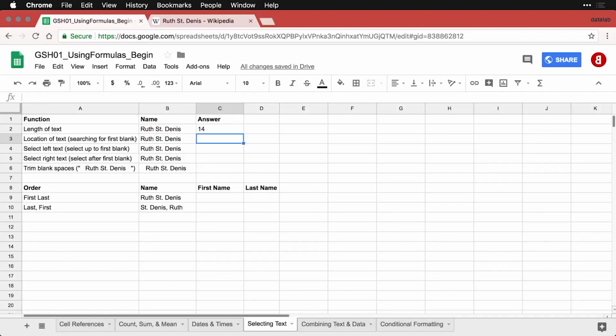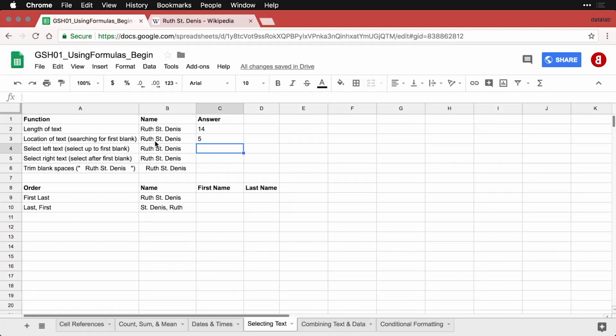Great. That's a starting point for a lot of other things. Now we might be looking for a particular piece of text. And in this case, I'm going to look for the first space, because for a lot of people, that's going to separate their first name from their last name. And the function I use for that is called FIND. You simply need to tell it what it is you're trying to find. And I have quotation marks with a space that I put in between them. It says, find the first space in this cell and return its location, which is a number. And it's 5 because we have Ruth is 1, 2, 3, 4 letters, and the space is the 5th thing